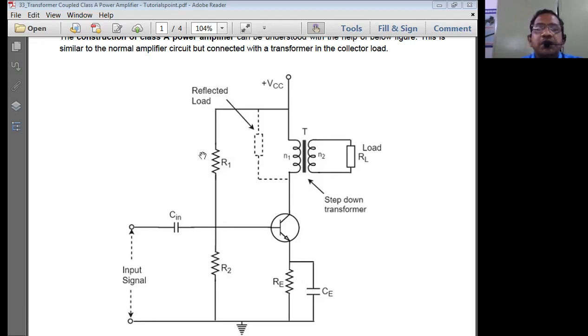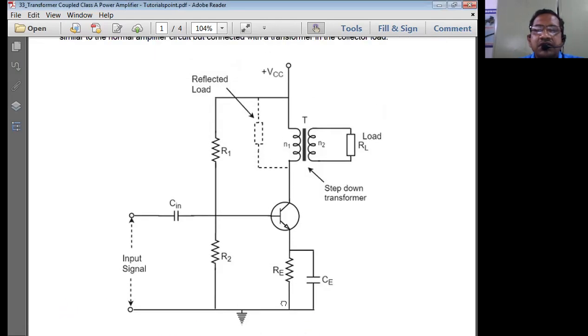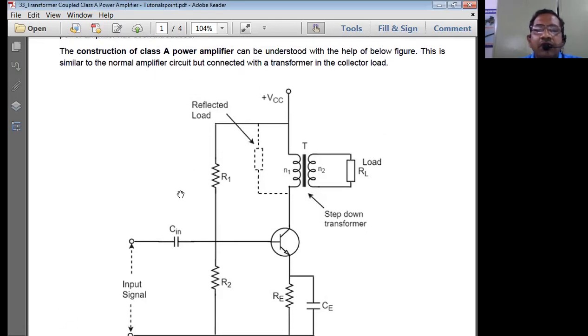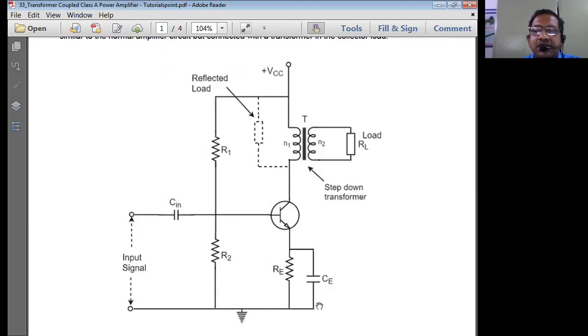Now this is going to be the basic circuit diagram. We can just simply take off where R1, R2 are known as the biasing resistors, RE can be called a stabilization resistor, CE can be called a bypass capacitor, and CN is the coupling capacitor. Okay, so these are the basic things that we can have.